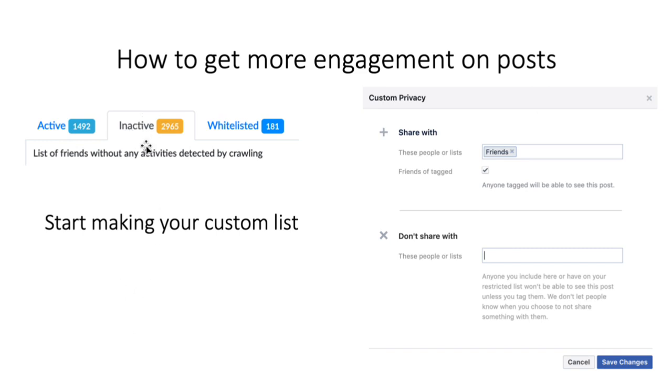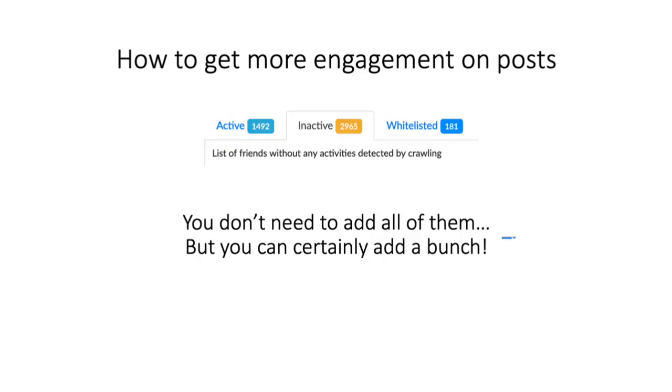So we're going to start taking some of these people, your inactive people, and start adding them to lists of people to share with. And you can do it the other way around and take your active list and add people there to not share with. It's up to you. Either take your active list and put that in don't share, or your inactive list and put that up to share, right? Now you don't need to add all of them, but you can certainly add a bunch of them because I have, in this instance,